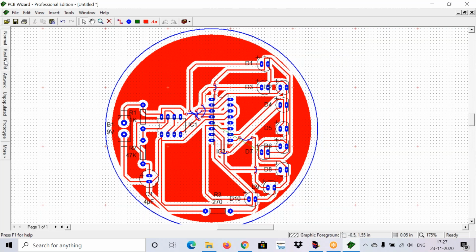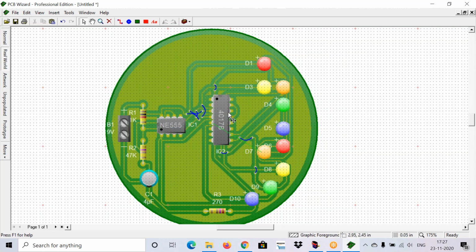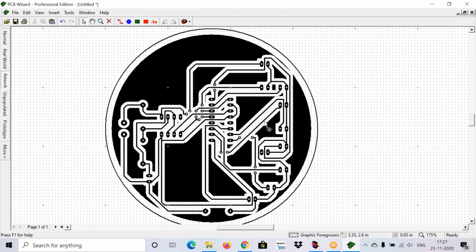If you keep it in a real world diagram, your board will look like this. Here observe the jumpers. It is clearly shown in blue color. All those jumper wires need to be soldered with our own bare hands after completion of the PCB. And if you check the artwork of your design, it will look like this. Is it clear for everyone?